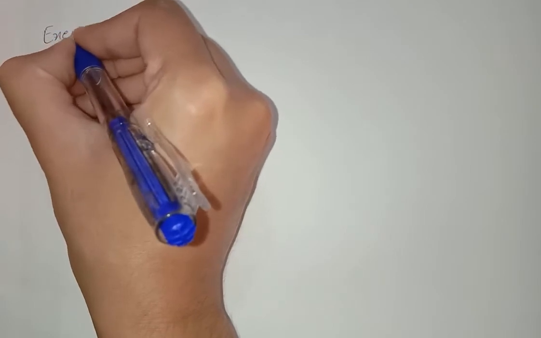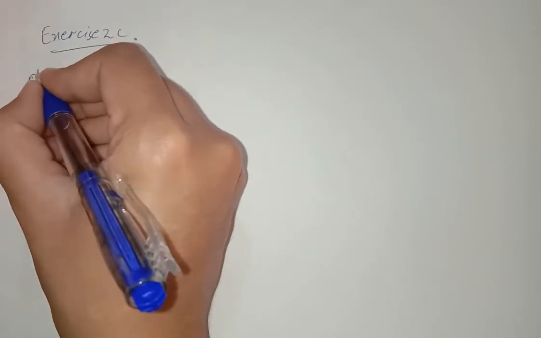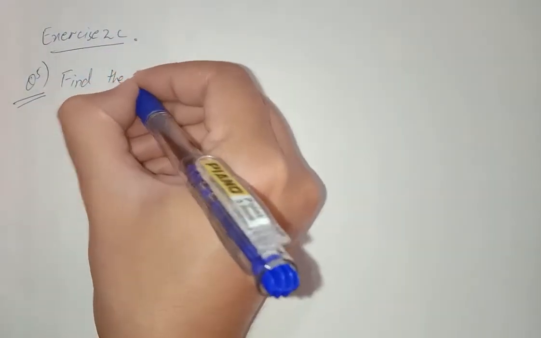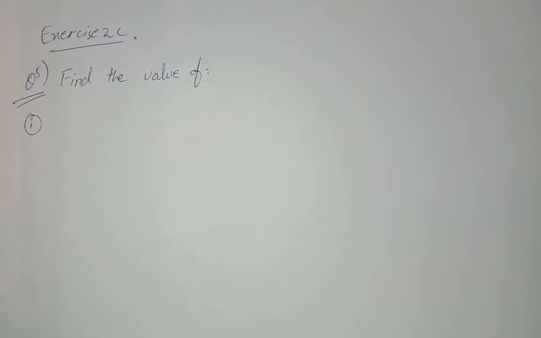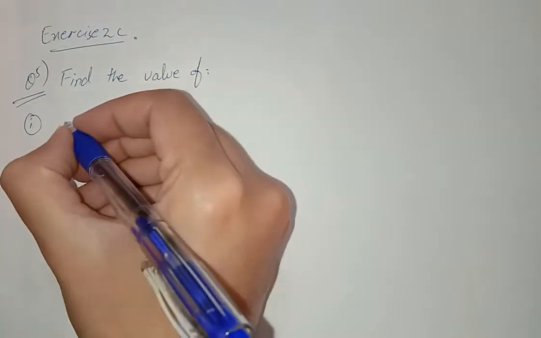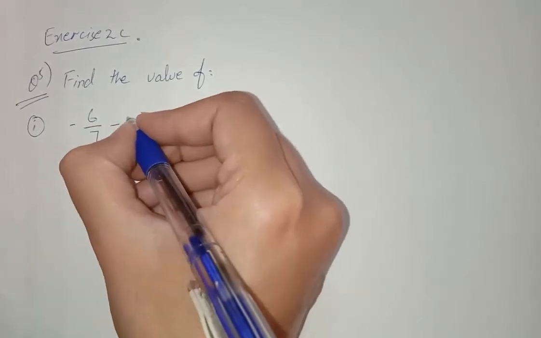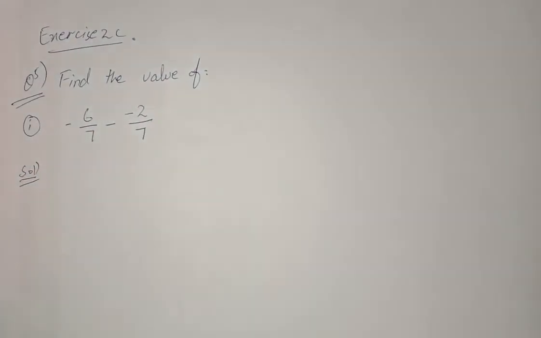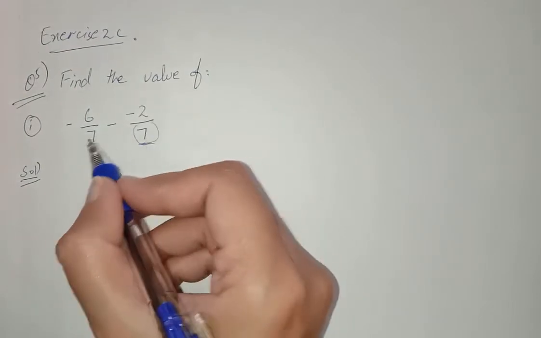Exercise 2C, question number 5. Find the value of. It's part number 1, which is -6 by 7 into -2 by 7. As in our last videos, we can make both denominators the same, but here both denominators are